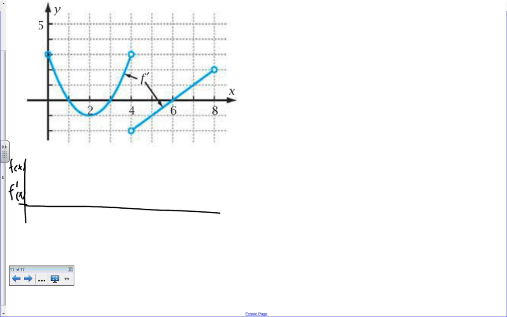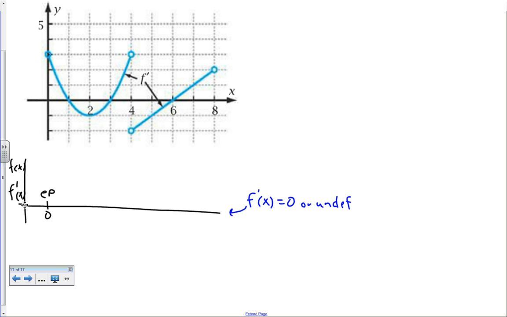And we're going to mark just our critical points as we do this. So at 0, we have an endpoint here. So that's going to be a critical point for us. Remember, the critical points are where f prime of x is equal to 0 or undefined. So those are the points that we're going to mark here. In fact, I'm going to go ahead and mark that down here. It's f prime of x equals 0 or undefined that we are going to mark along this